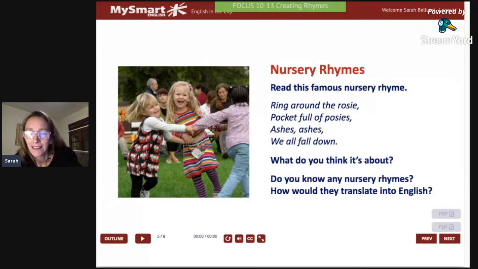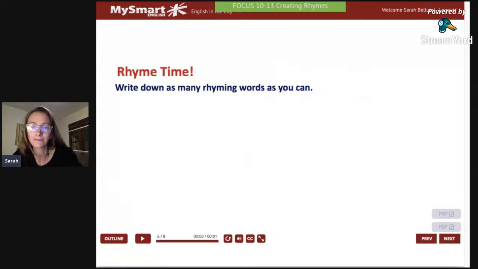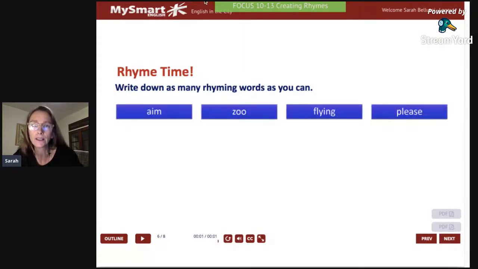Okay, let's see. While you guys think of other nursery rhymes, I'm going to find the focus page, and we're going to move on to the next slide. Okay, so here we've got a bit of a challenge. We've got four words: aim, zoo, flying, and please. Okay, so the challenge here is for us to come up with